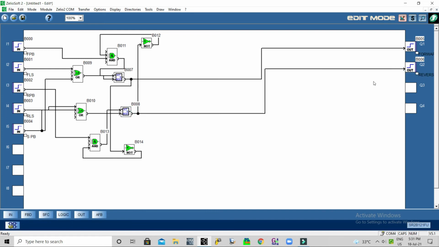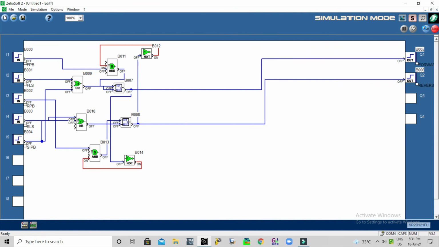I hope I made the logic correctly. Now we will check whether our logic is working as per our requirement.